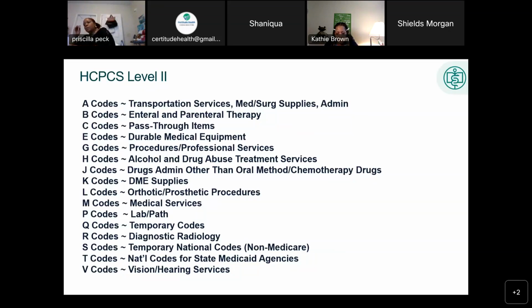So if you also turn to the next page, page four, there's a tab for symbols and conventions. So just like in our ICD-10 book,